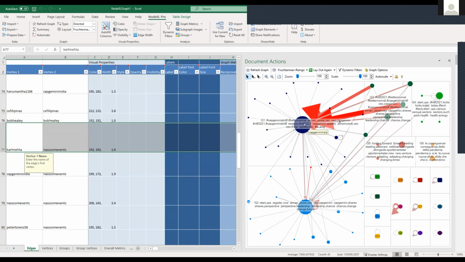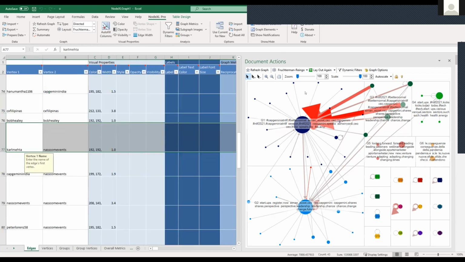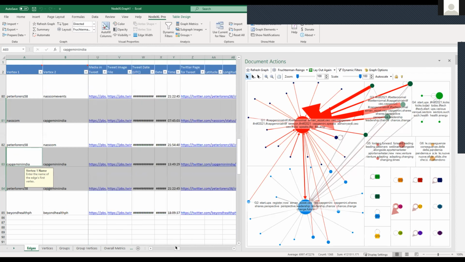So ayun siya. So basically what I did for the relocalization report is after I did this, kasi di ba I did my summaries per group. So I can see here na group 1 is the biggest group, and then it has 19 vertices. So now if I want to summarize this, I can see na this person is the most important. So I can start by looking at yung mga tweets that mention him. So I can just click on that, review that, all of your metrics already there.